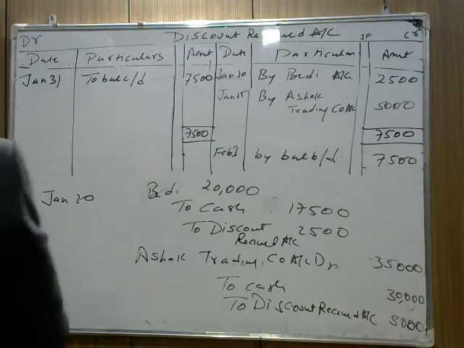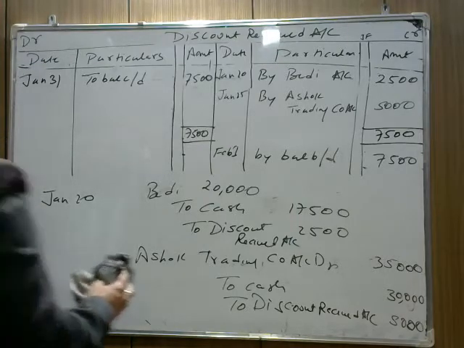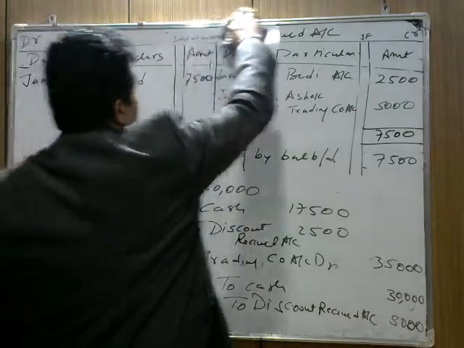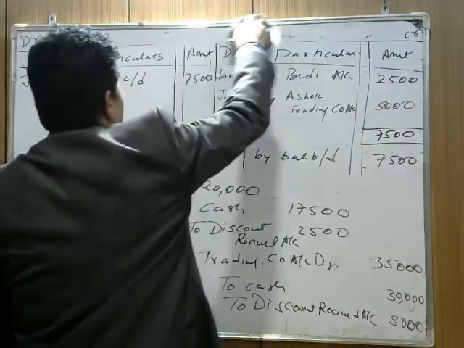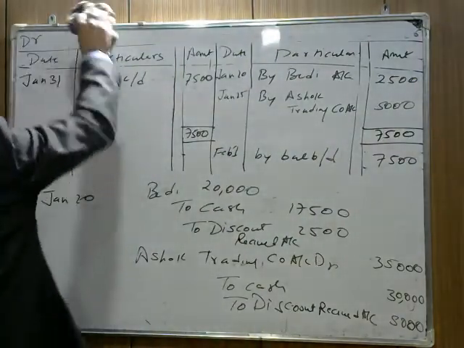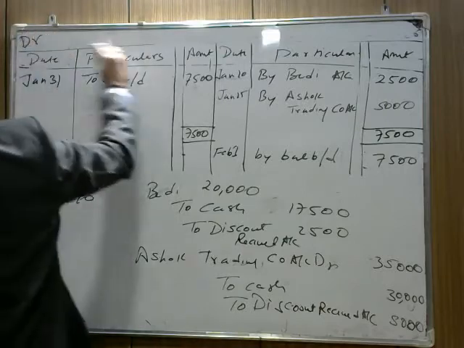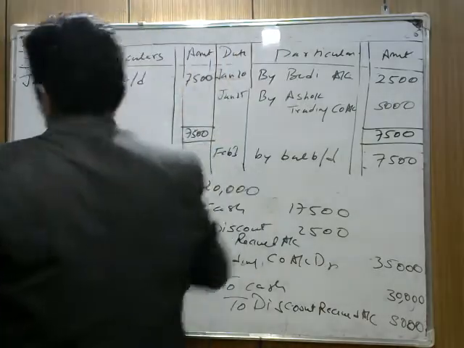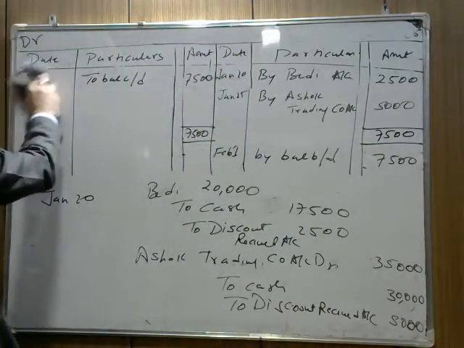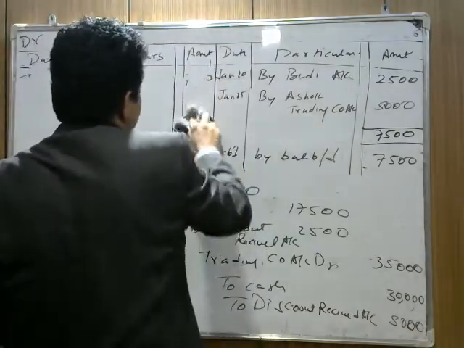Next account is drawing account. Now check where the drawing word is given. Next we are preparing drawing account. हमने जो drawing की है अपने personal use के लिए, whether it's related to goods or whether it's related to amount. The first thing is here I am preparing drawing account. Okay, for this I need to rub that. Now check, prepare a drawing account.